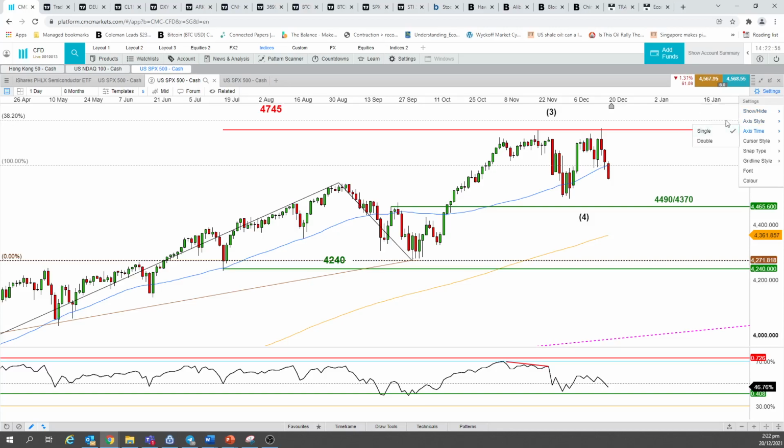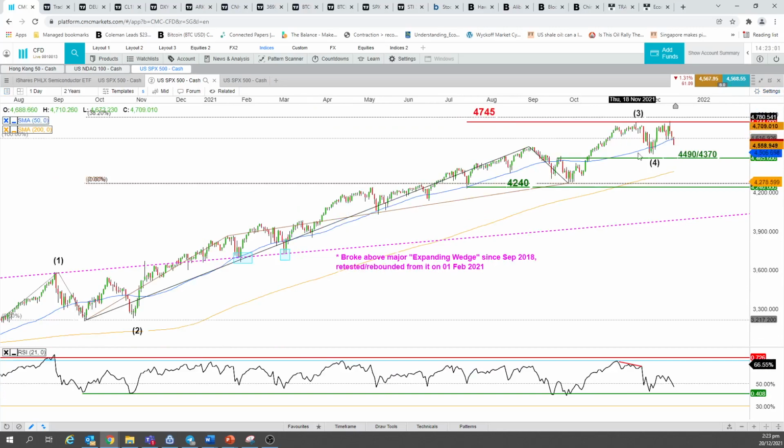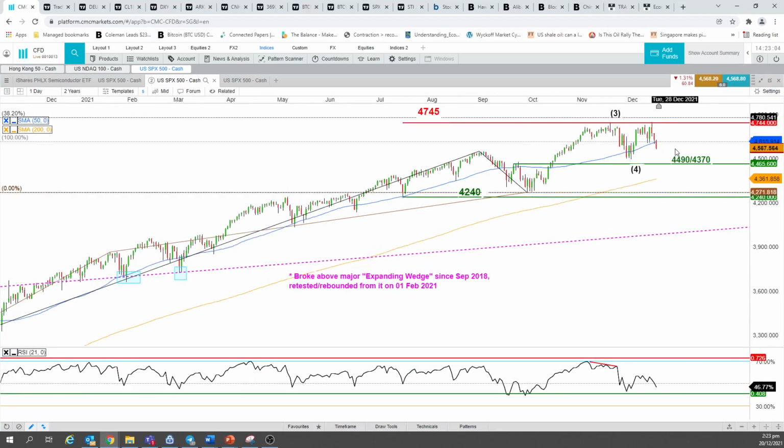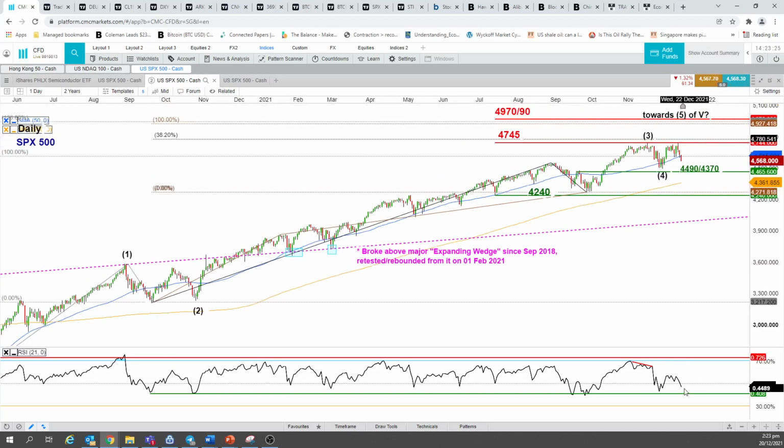So given this kind of negative reaction, what we could see potentially is a massive sideways price action between the current all-time high at 46.45, and the recent low of 3rd of December at 44.90 slash 43.70, this region over here. So what we could see potentially is a big sideways movement given the lower liquidity condition that we are expecting this week. And also the RSI is now attempting to retest this key corresponding support level close to the 40% level.